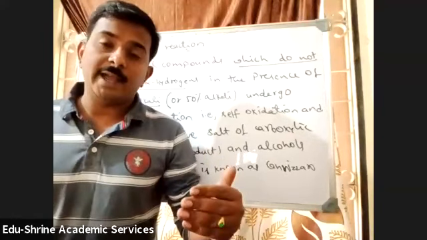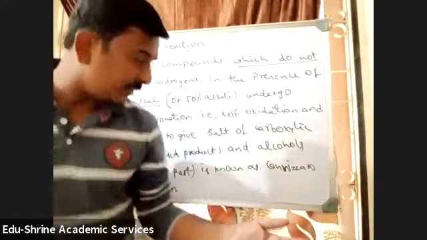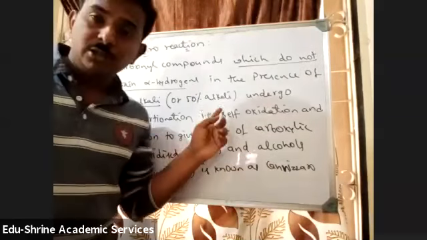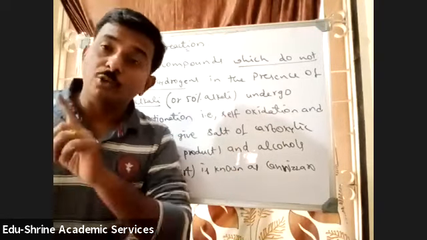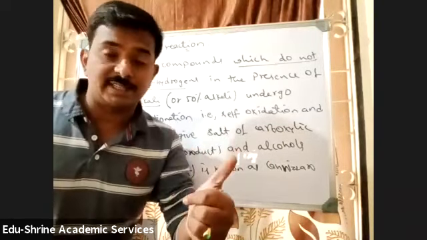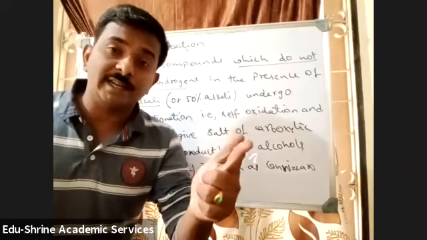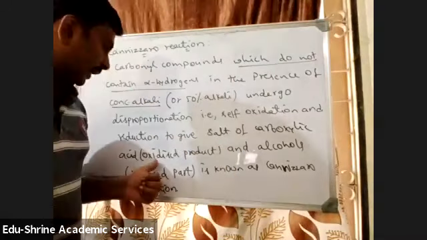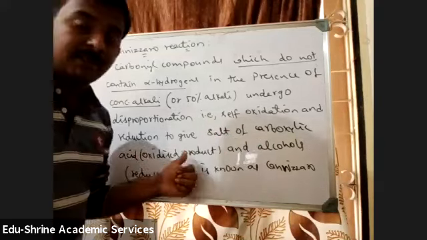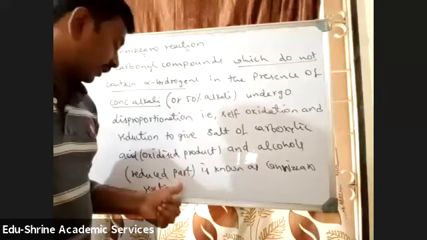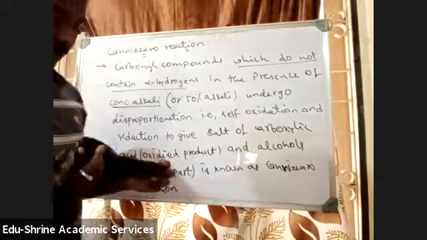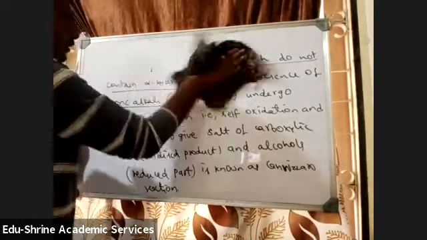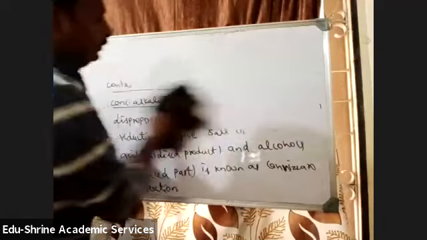We know the aldehydes on oxidation, we get carboxylic acids. So it is in the presence of an alkali. So whenever there is an alkali, students, you won't get acid. You will get salt of that acid because acid will again react with alkali. Okay. So one is salt of carboxylic acid. Other one is reduced product, alcohols. Okay. So it is called as Cannizzaro reaction. Let us see one example and mechanism.